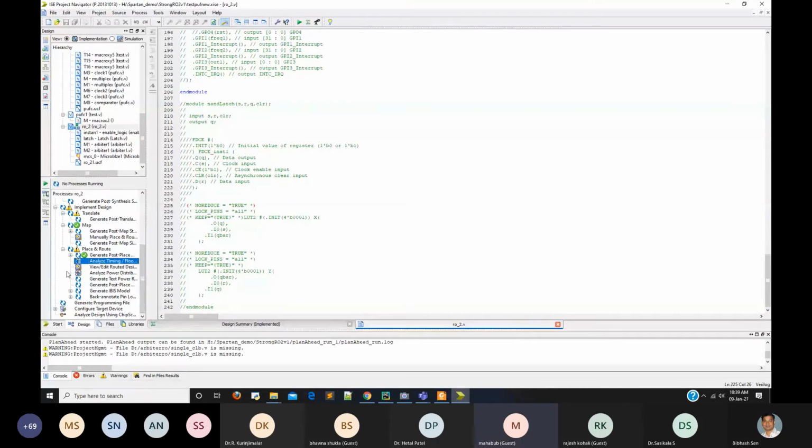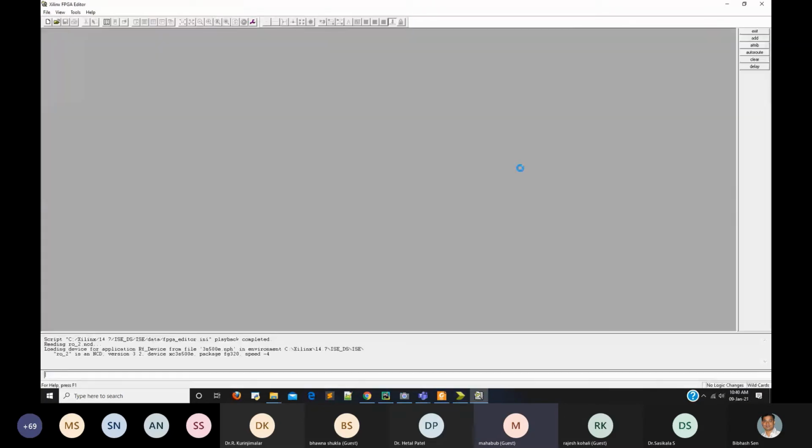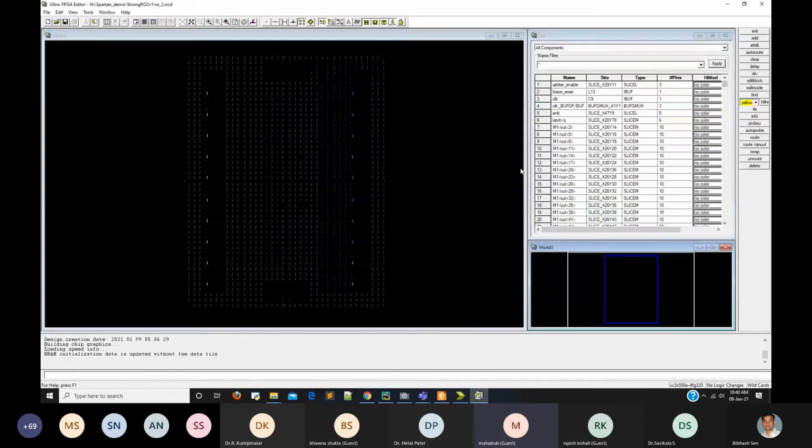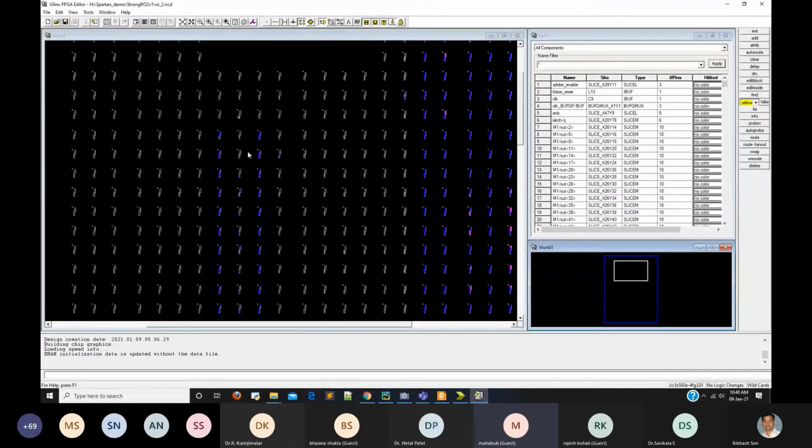So now let me open another interesting software, that is FPGA Editor. There is another software called Xilinx Vivado. That is the newer version. You can also use that software instead of this one. And I think the GUI is almost similar. And this is the actual diagram inside the FPGA device. These blue portions are the arbiter buffer. Let me zoom out this.